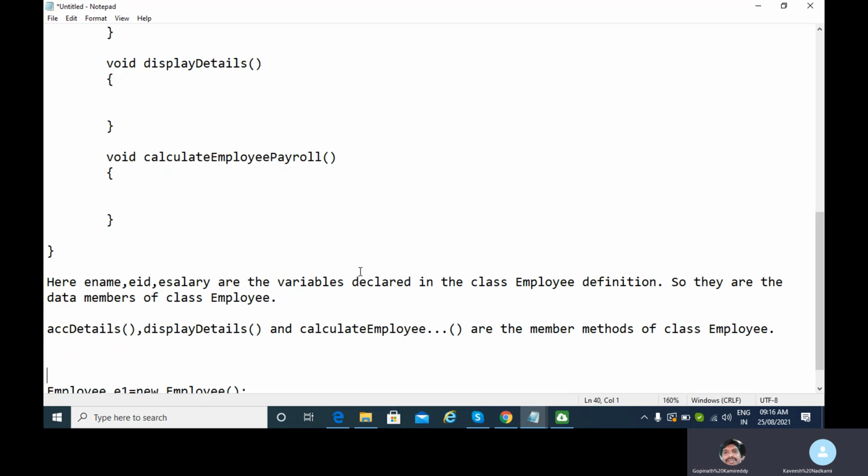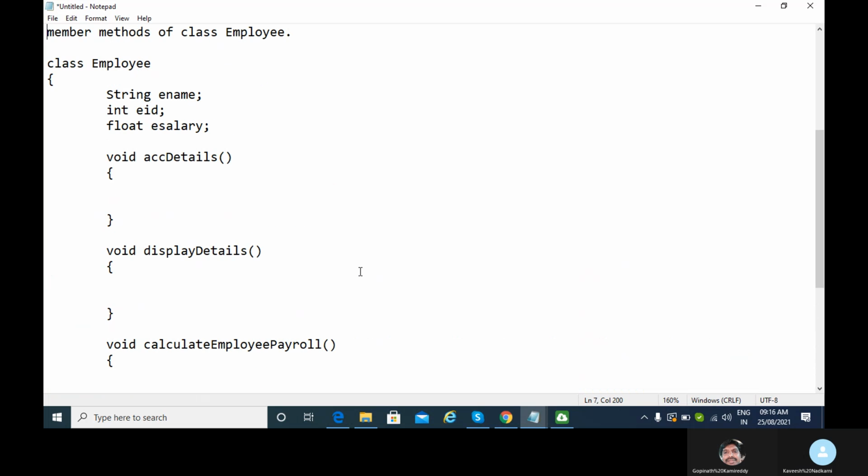One more thing regarding object is, for every new object which is created, Gopinath, of a class type, there will be a separate copy created of the data members of the class for that object.